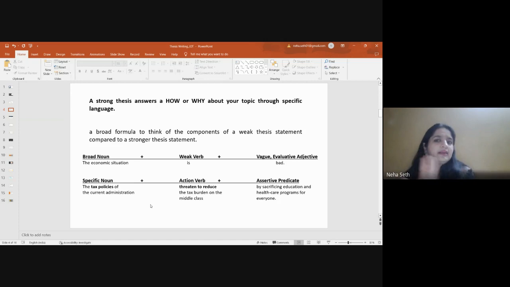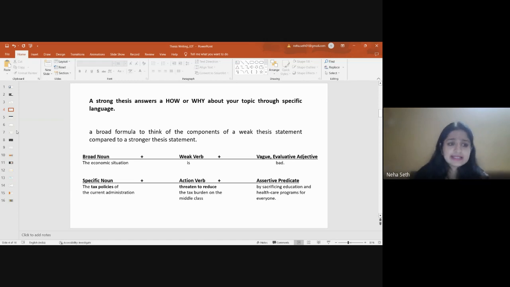From the first statement, nothing was clear, but from the second statement, everything is clear. We are going to study the taxation policy and its impact on the middle class, the direction we are going in, what other factors are affecting the middle class, how it is going to be implemented, and what the implications of this study will be. Everything is clear when we use a specific, clear-cut thesis statement. That is how the thesis statement is very important when writing an effective thesis. This is the very first thing that should be very clear.